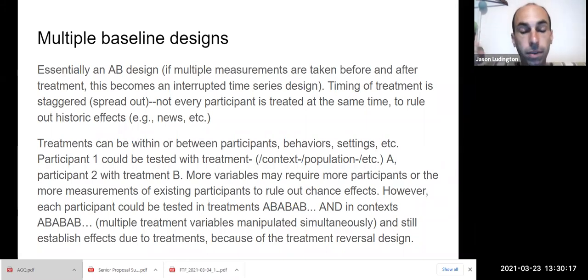And because this method has such strong internal validity, we can even incorporate more variables, potentially many variables, if we're testing enough times, and if we want to do this with more participants. For example,